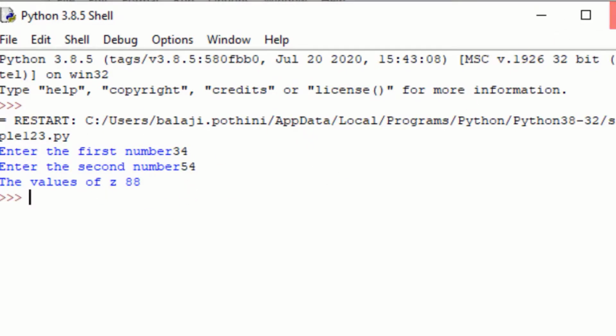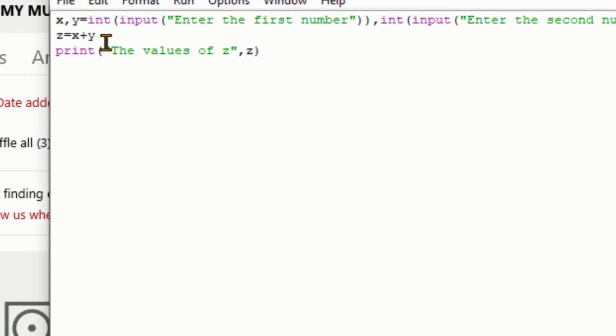If we want to check whether the entered values are stored in x and y, let's use the print statement here and print the values of x and y.